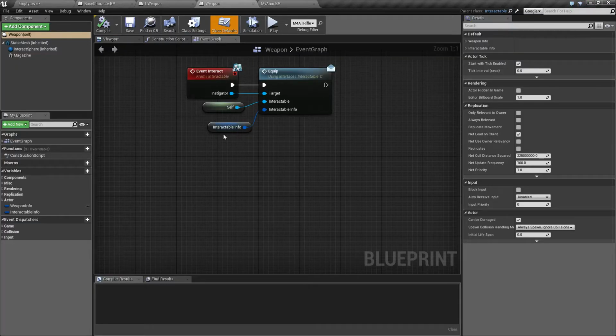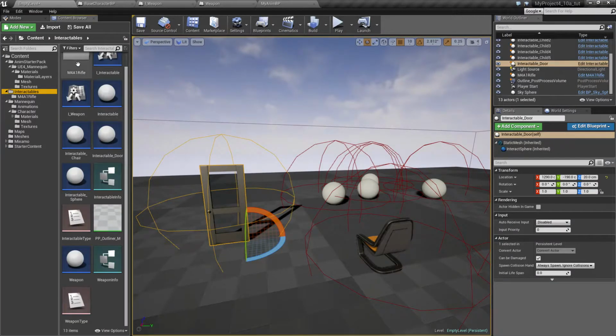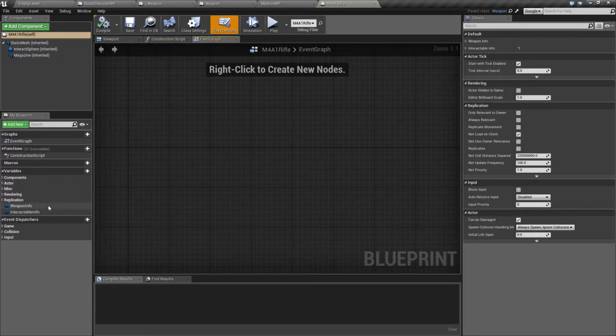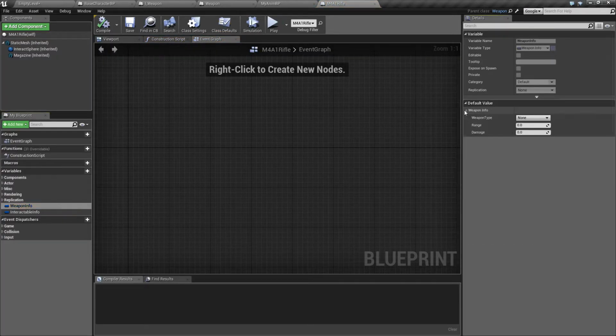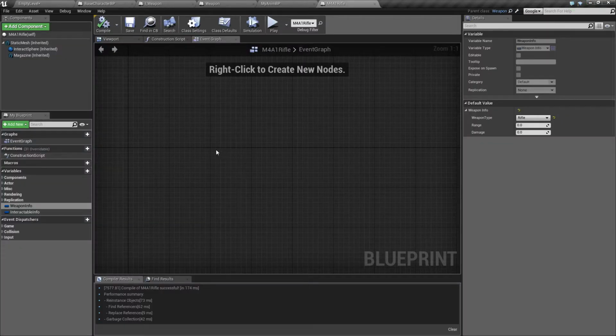Inside the weapon, on the rifle, we have this weapon info, and inside the weapon info we need to set this to be a rifle. We had made an interface earlier saying that get weapon info should return the weapon info, but we haven't really made this. So in the meantime,